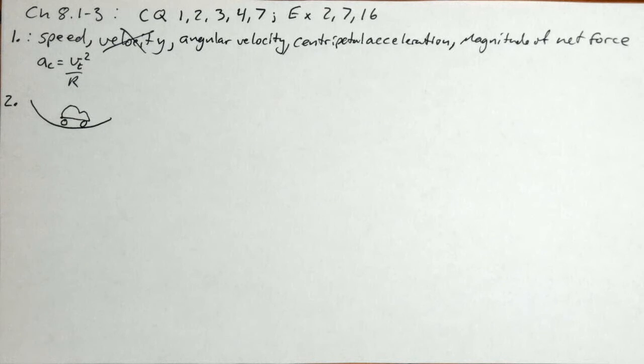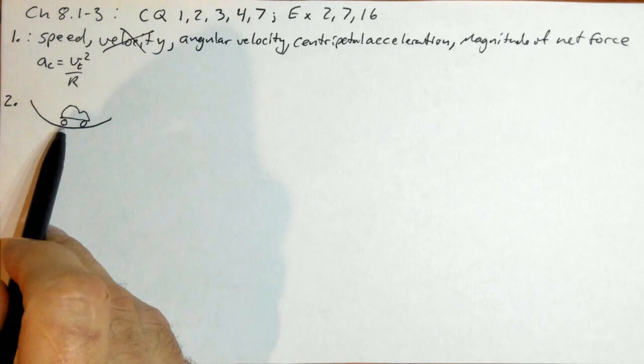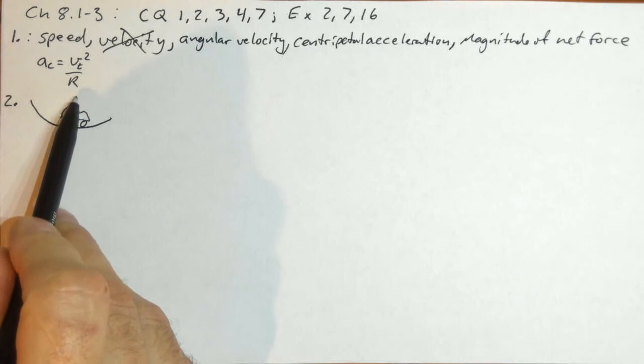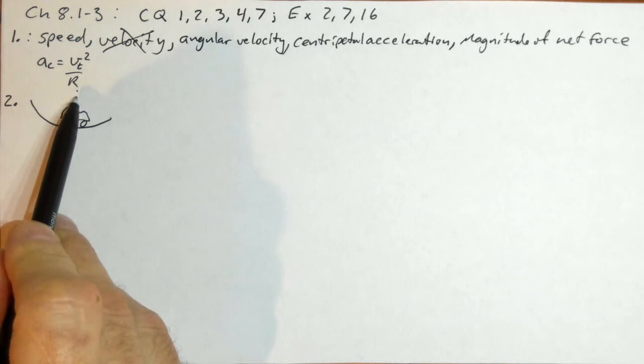Okay, so the final thing is, what's the net force on the car? That's determined by the direction of the acceleration. So I ask, what is the direction of the acceleration on the car at this point? It's going through a circle, circular motion, and the direction changing, or the centripetal acceleration, always points towards the center of the circle. So in this case, at the bottom, the center of the circle is somewhere up here, so the acceleration must